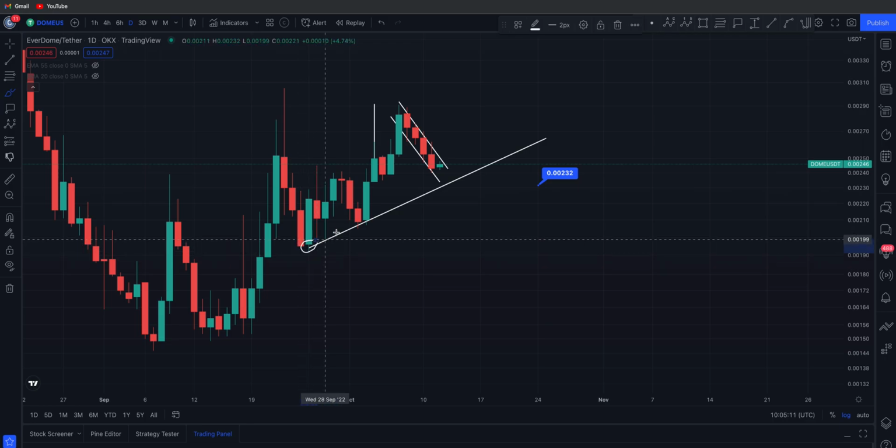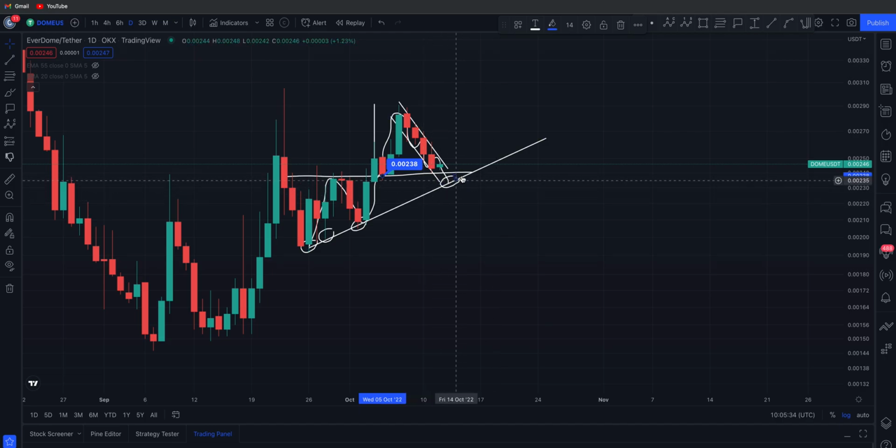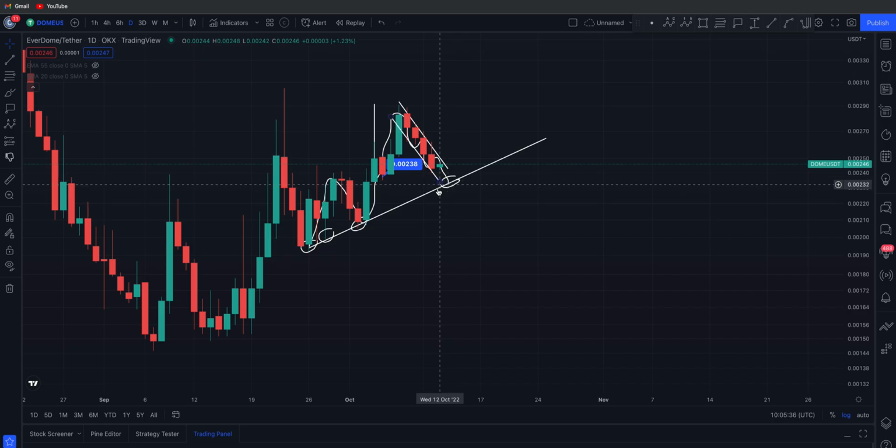So you can see you've got support here, multiple points of contact of support. You're coiling up on the support line. Right now, potentially, you are coming back down, looking to get a touch off this support line. So if we lose 0.0238, do look for a retest of this ascending level of support here, because that's where I'm expecting